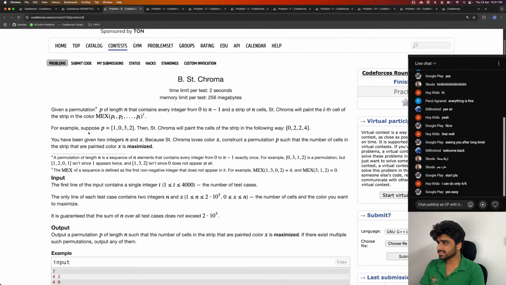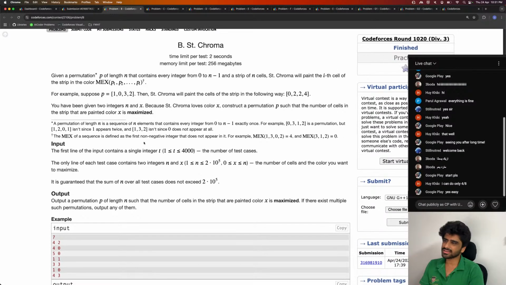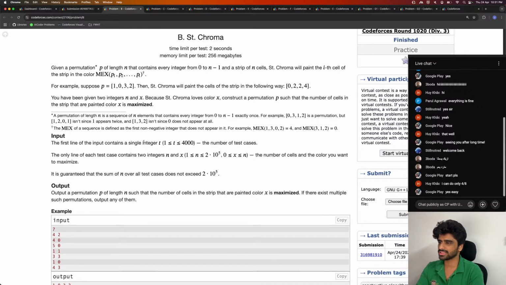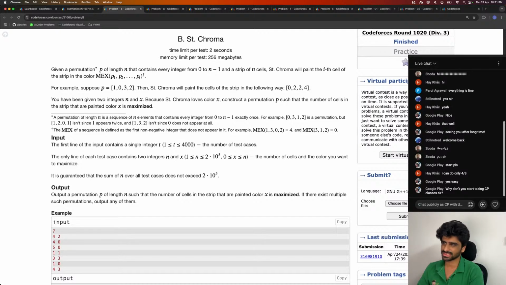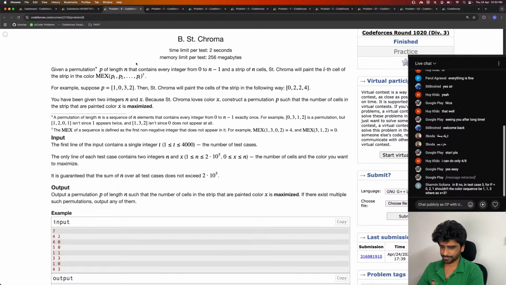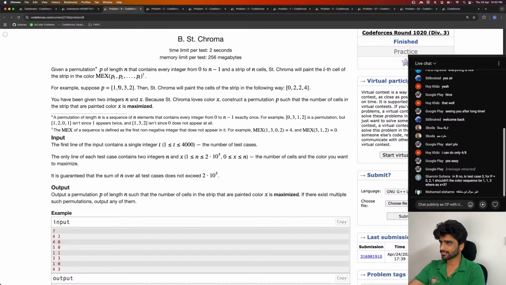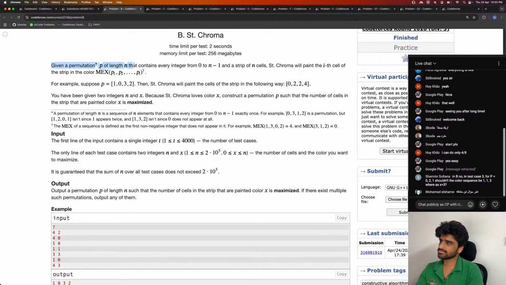The second problem, yeah, I think this one immediately clicked when I read the problem. To me it immediately clicked, and I'm not very sure how to explain how to come up with such a solution. But yeah, the problem is something like you have a permutation, and then there's a, why don't you? So yeah, in test case B, okay, I think I'll read the chat in some time. Yeah, you're given a permutation, and then